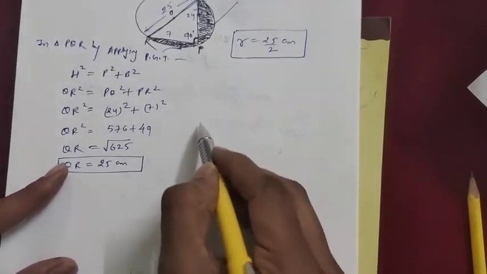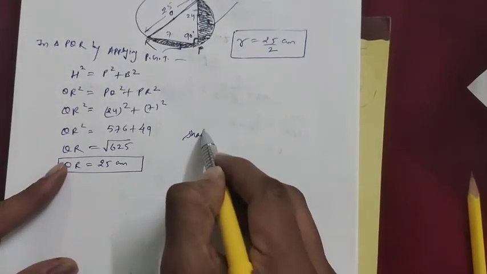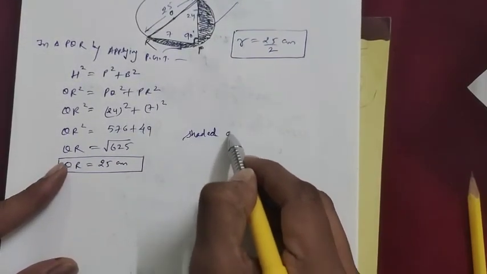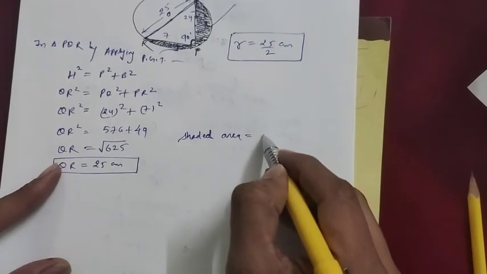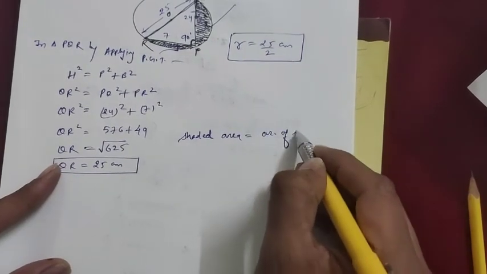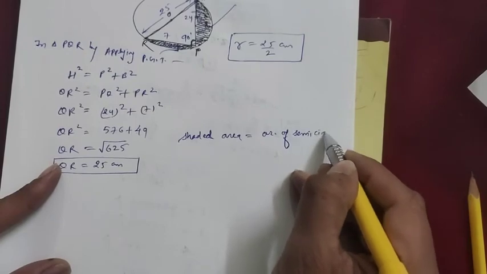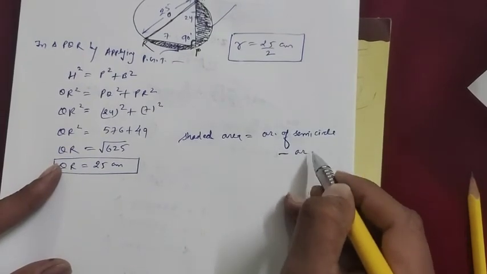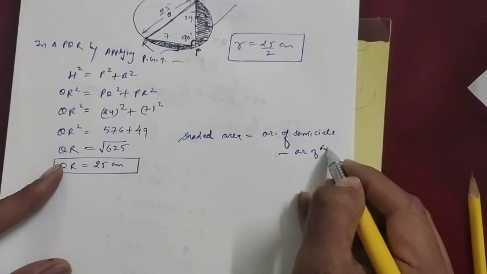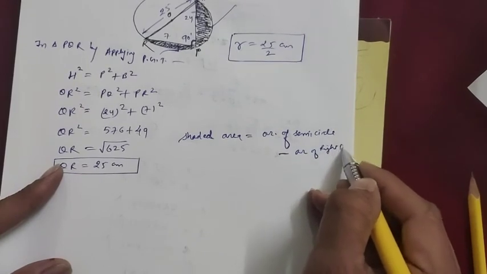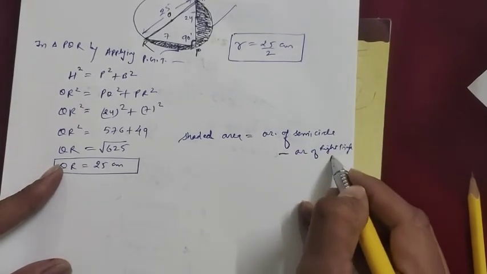So shaded area is equal to area of semicircle minus area of right triangle PQR,